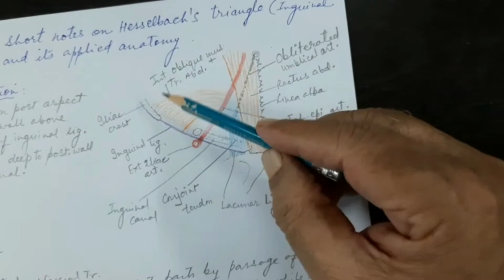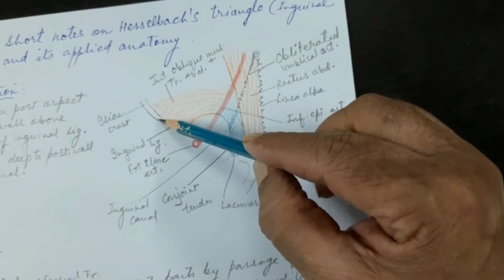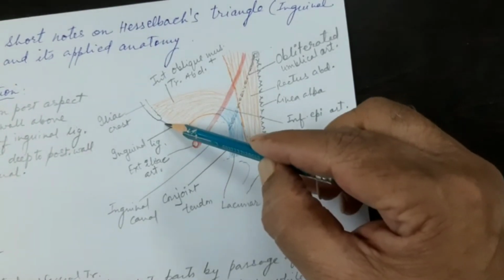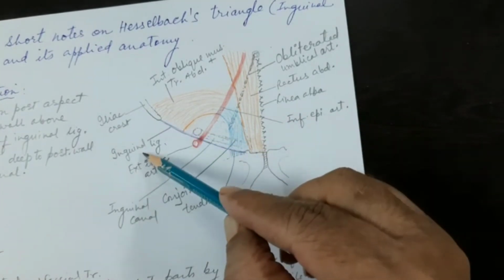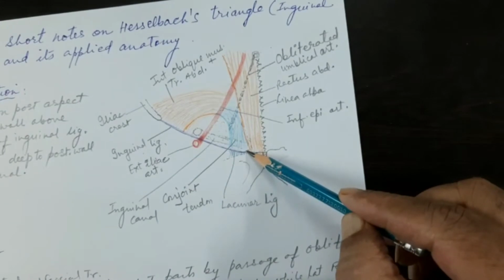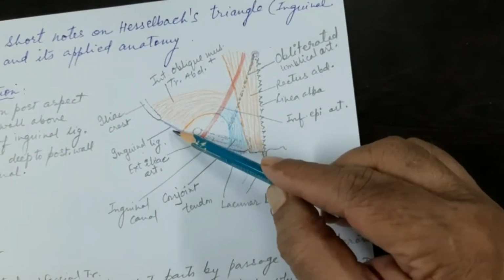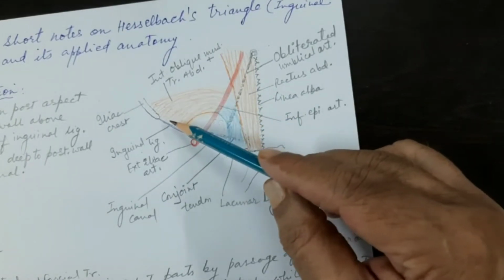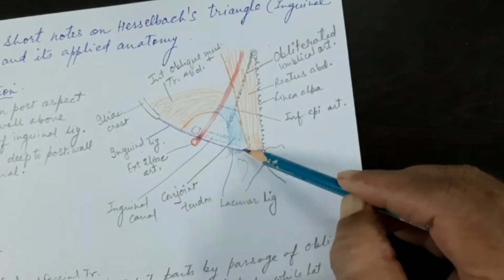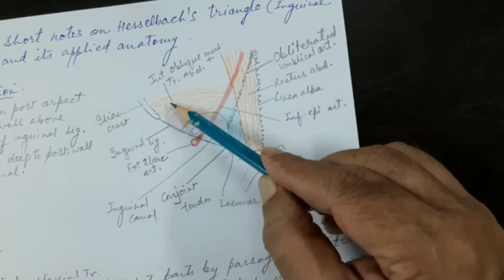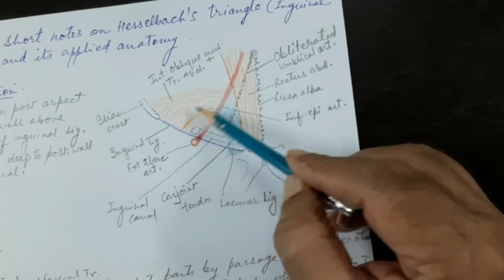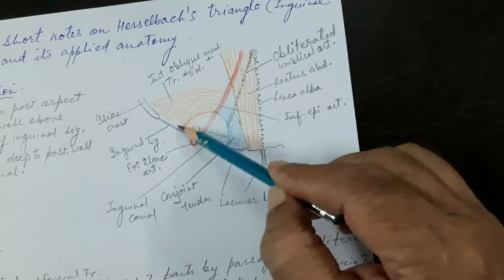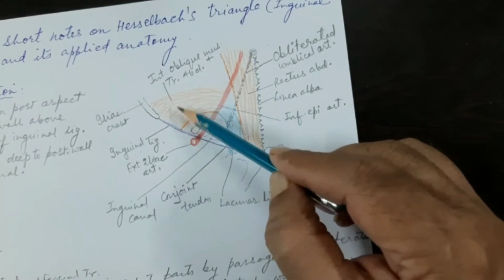Now from the iliac crest, this is the anterior superior iliac spine, and then this is the pubic tubercle. In between the two, extending is this ligament called the inguinal ligament, which you know is the upturned part of the aponeurosis of the external oblique abdominis muscle. In this case, the external oblique abdominis muscle is not shown, only the inguinal ligament is shown. Here the combined internal oblique muscle and transversus abdominis is shown. Or you can still consider that the internal oblique muscle lower fibers are not shown here, only the transversus